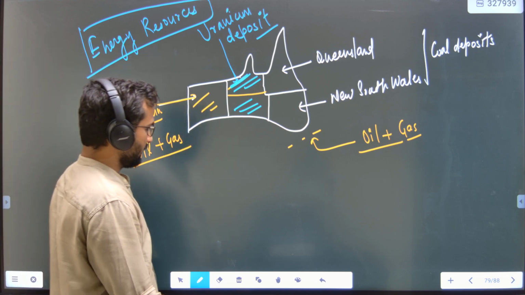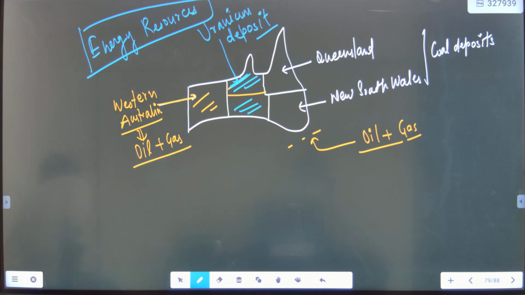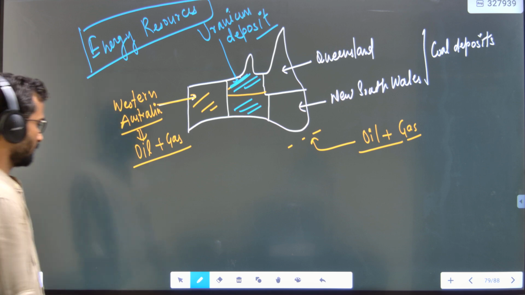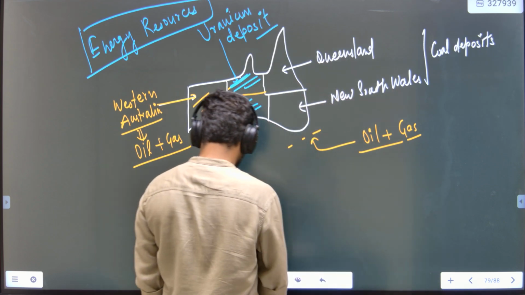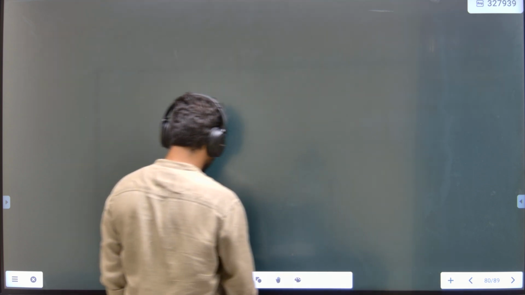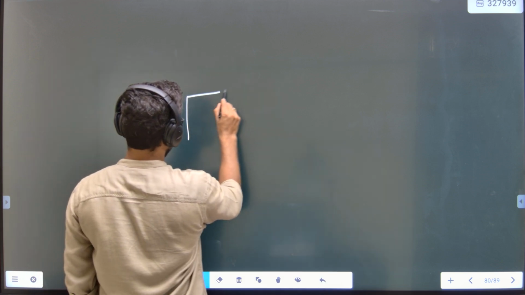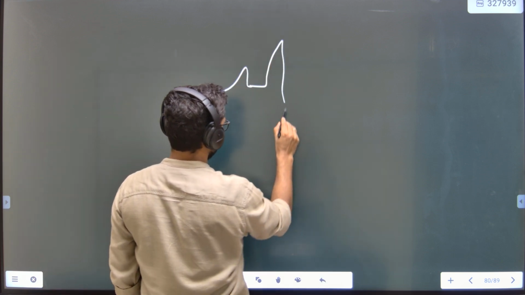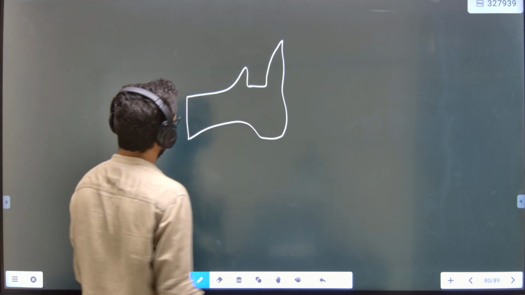Now let's figure out, I'll leave it for a minute if you want to take a photo or something. Now let's figure out the important metallic resources, iron and gold. So let's draw the map first. So iron and gold,